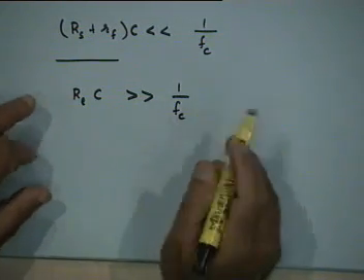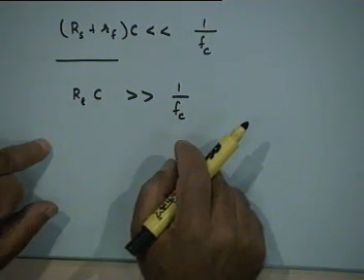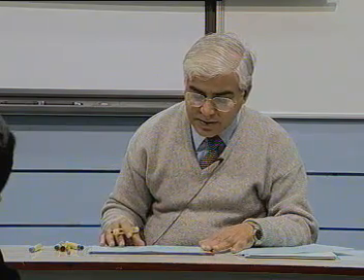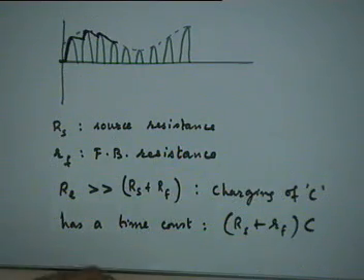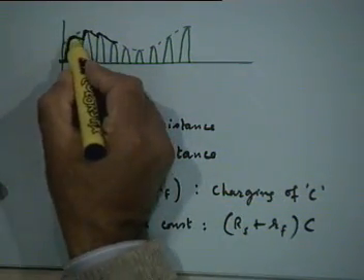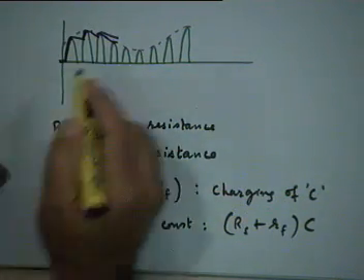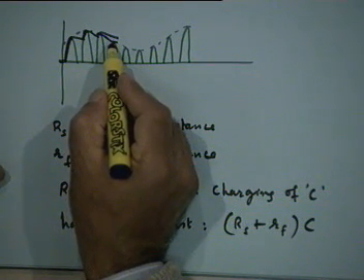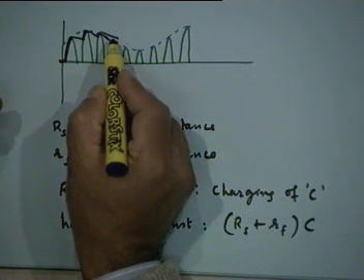But this is one aspect. This can lead to a situation which is not desirable. Do you appreciate that? Let's look at this picture once again. Suppose your discharge time constant is very slow. Let me take a different color now. It can happen that the discharging is very slow, let's say very slow here, right? Suppose it is so slow that the next peak comes at a lower value than the amount to which the previous peak has discharged. Right?